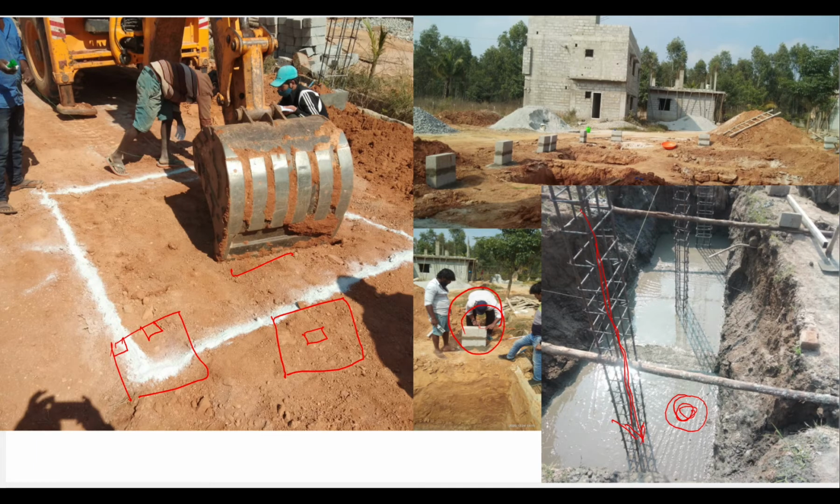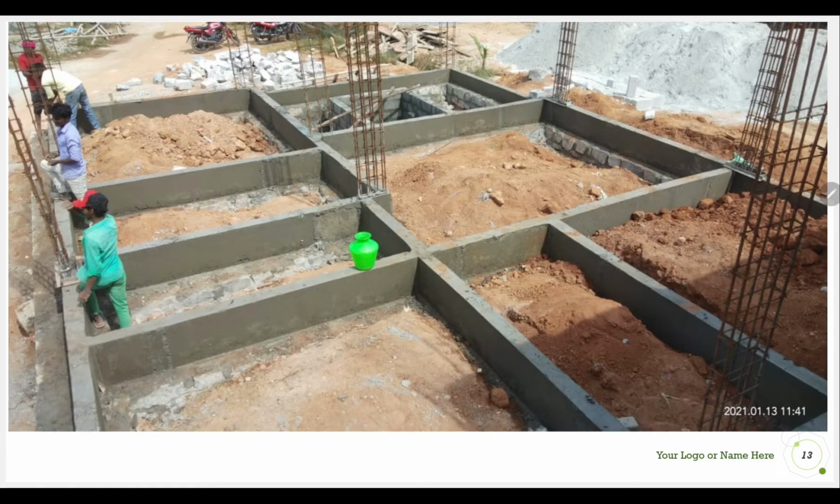After that we need to go for the bar bending schedule. The bar bending people will be preparing the column reinforcement, that should be kept in that. So where is the size of that? It may be at the center or away from the center. There I need to place this column reinforcement. Then you need to go for the foundation.